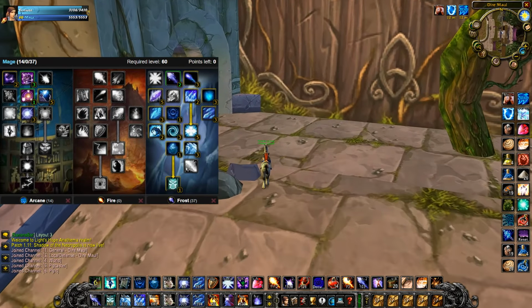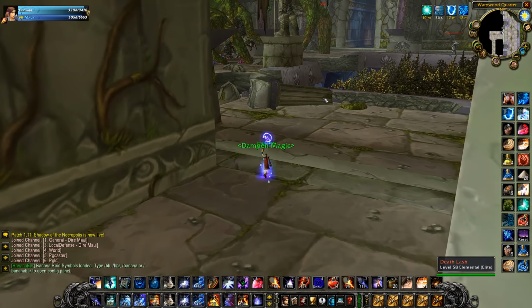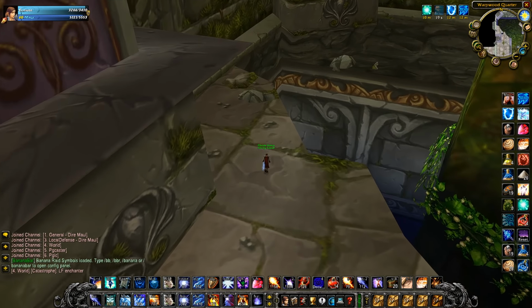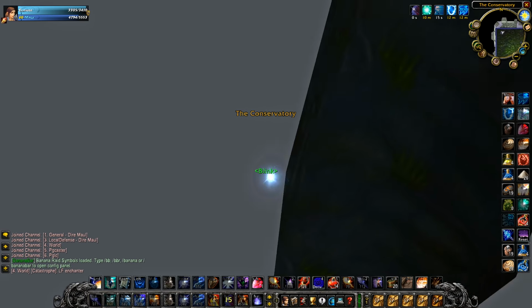so let's get started. Now we're going to zone into Dire Maul East, and to our left right here, once we get all buffed up, we're going to run past the Imp, whatever his name is, Pusillan, and we're going to jump down in this little crevice below. And you're going to want to blink before you jump down to reset the fall damage so you don't take